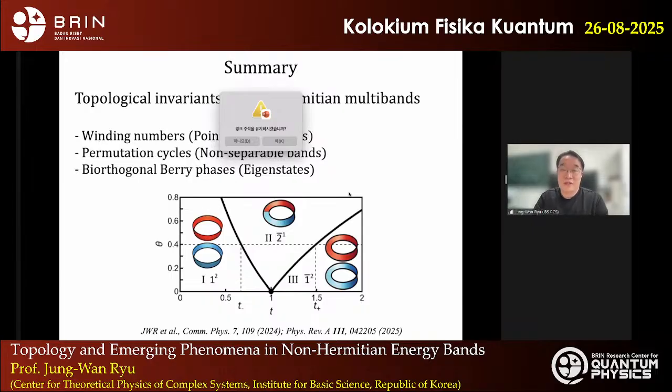Yeah, we use three topological invariants. The first is the winding number of the point gap. We already used it. Only things that our system has, the one winding number equal to one case. There are many point gaps, for example,